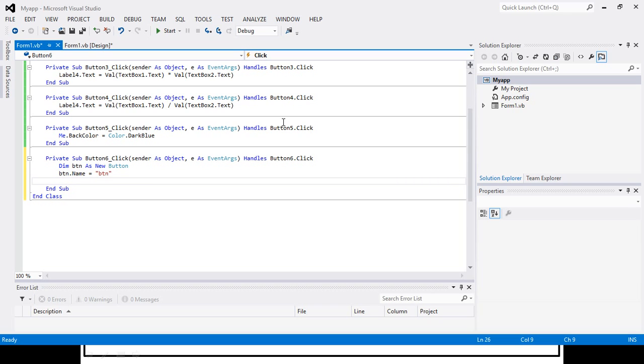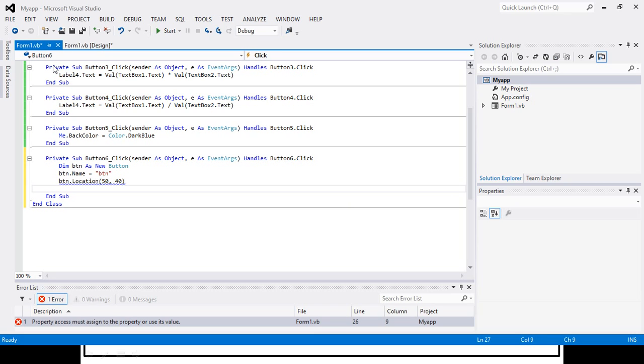The next property is location. So btn.Location. Now here the location will always start from the top left corner as 0,0, and from that location we have to put the pixel value. So I will put here 50,40, that is 50 on the x-axis and 40 on the y-axis. After that we need to specify the size of the button. So btn.Size equal to